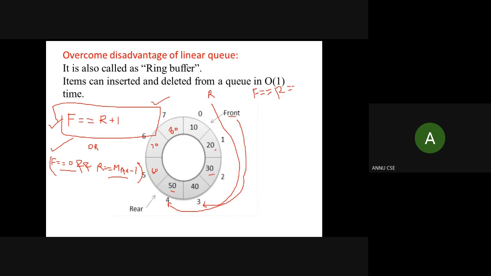So I'm writing one more condition here, and this condition is called the underflow condition, and this is the same condition we used in the linear queue. When front and rear are both equal and pointing to -1, the queue is empty. Another condition is when there is a single element in the queue, and this condition is also the same for the circular queue. When front and rear both point to the same index value and that index is not equal to -1, then there is only a single element in the queue, and in a similar way we will be performing the insertion and deletion operations.